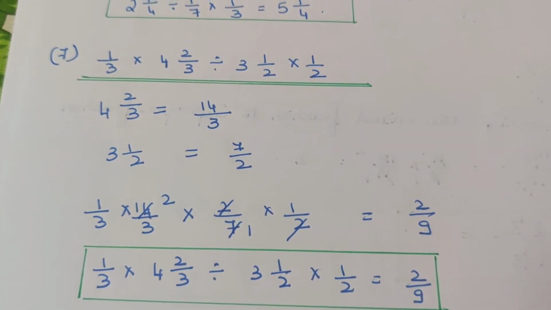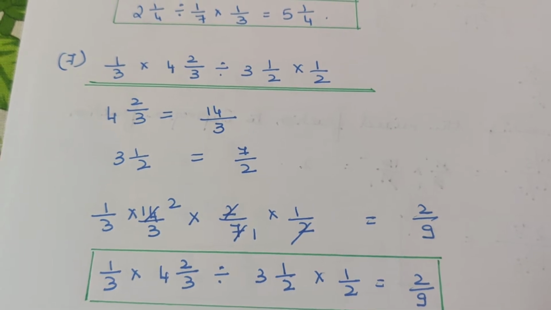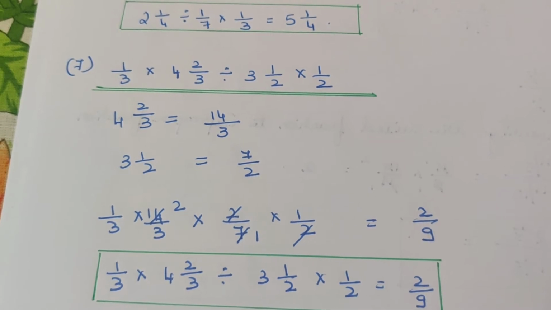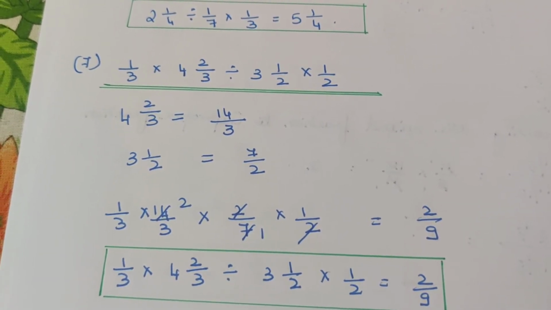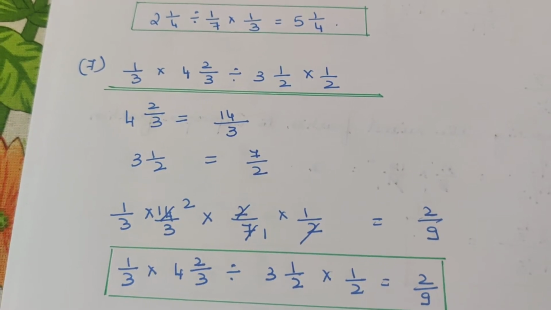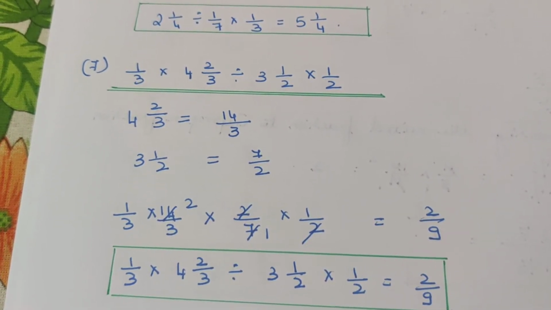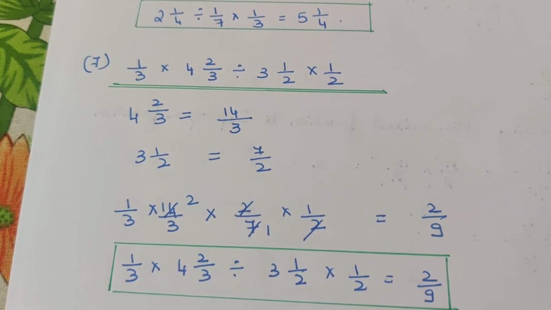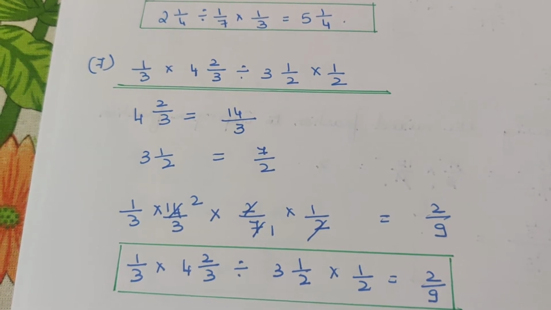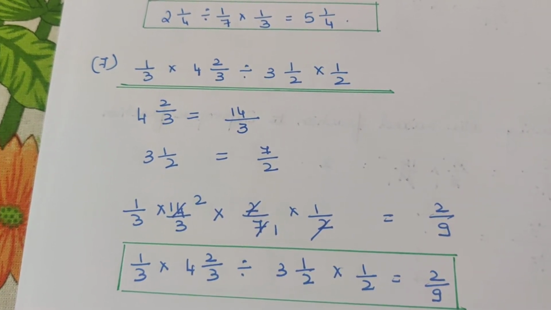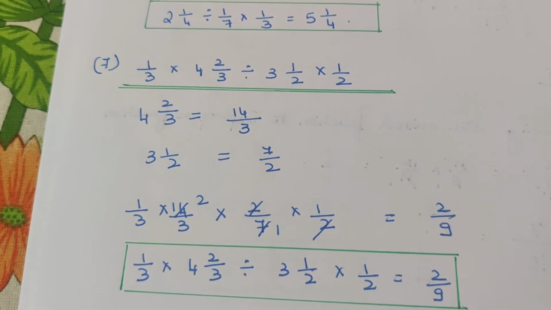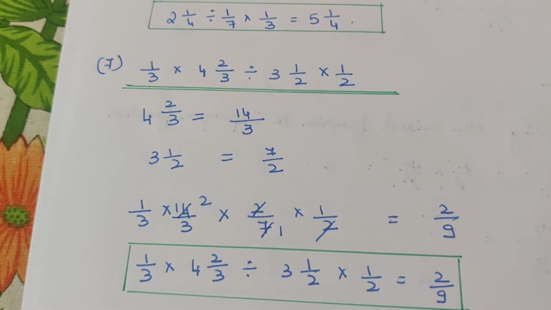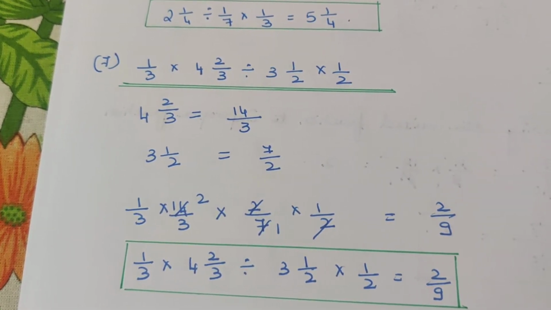Next one. 1 by 3 into 4 2 by 3 divided by 3 1 by 2 into 1 by 2. 4 2 by 3 is nothing but 14 by 3, right? 3 1 by 2 is nothing but 7 by 2. So now the equation becomes 1 by 3 into 14 by 3. Because of BODMAS, you just change the sign to multiplication by getting the numerator to denominator and denominator to the numerator. Therefore the equation is 1 by 3 into 14 by 3 into 2 by 7 into 1 by 2,